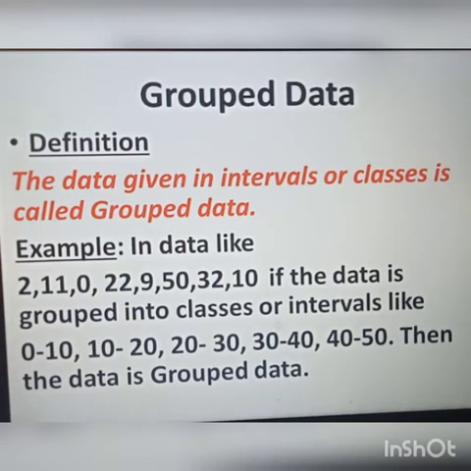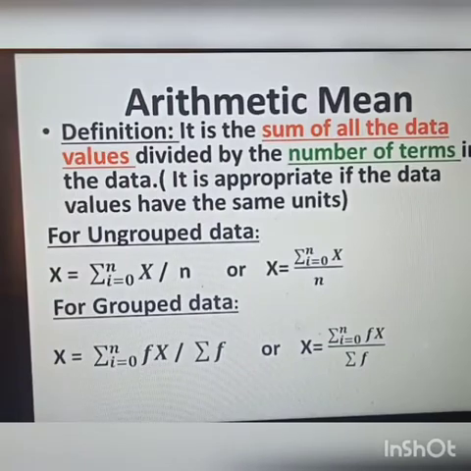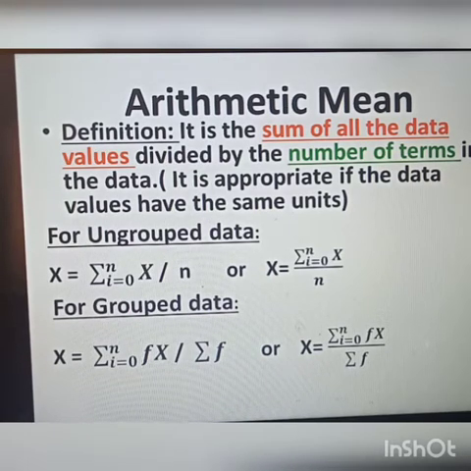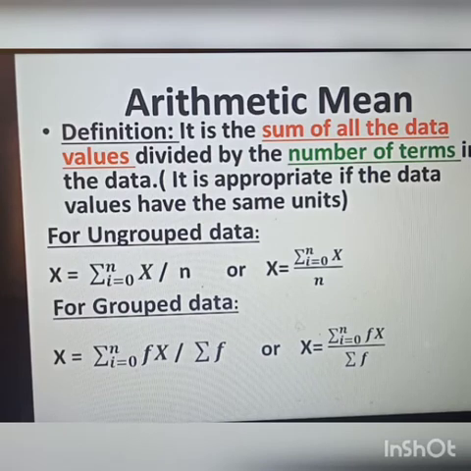That's it. Let's move forward. Now here in this slide, some details about arithmetic mean. As I told you, there are three types of mean, and it depends on the type of data that is given, whether we are to calculate arithmetic mean, geometric mean or harmonic mean. So here this is for arithmetic mean.